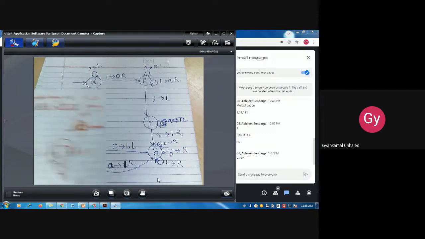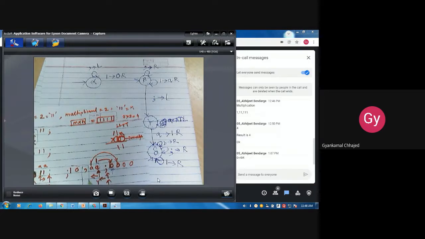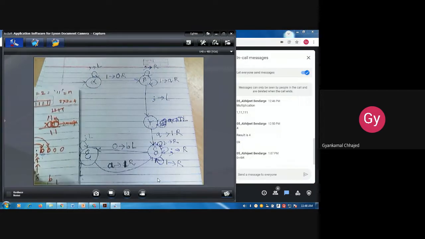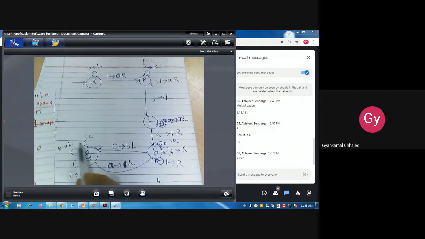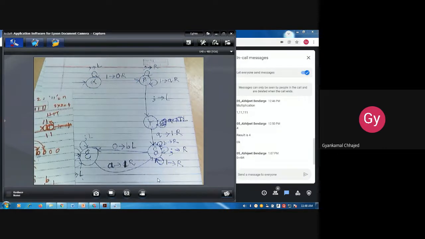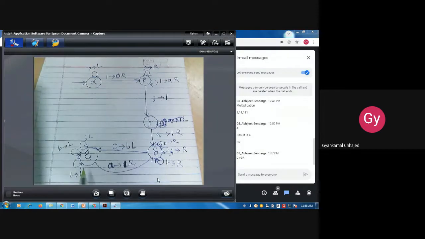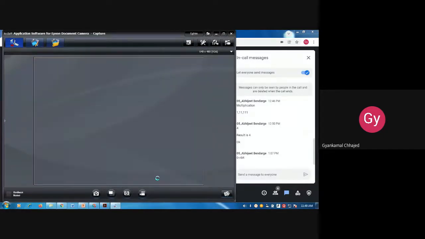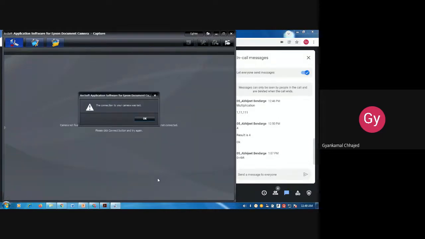Now the new situation will be this one. What is the delta, sorry, epsilon and the comma. This is not written anywhere. Now epsilon and comma, if this is the case, then what you will do, you will be moving to a state that is alpha. Why? Because